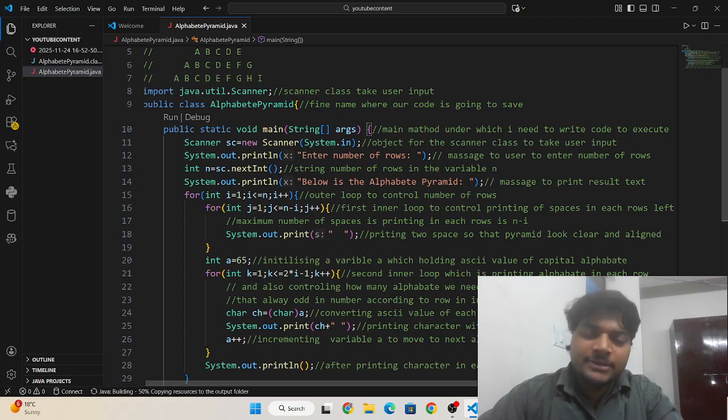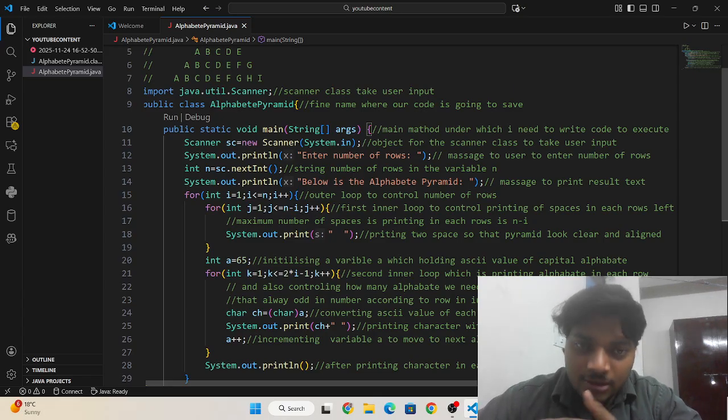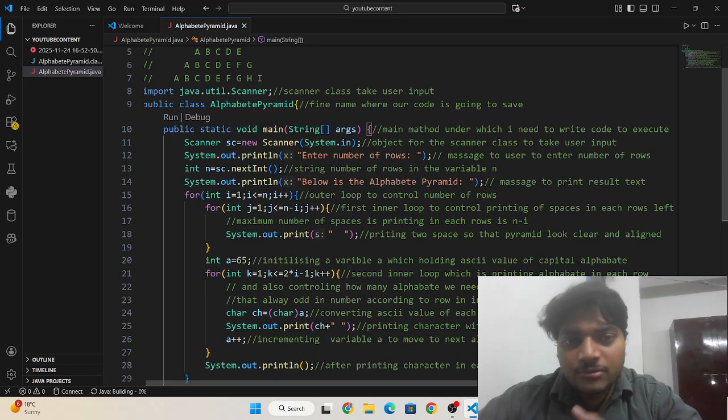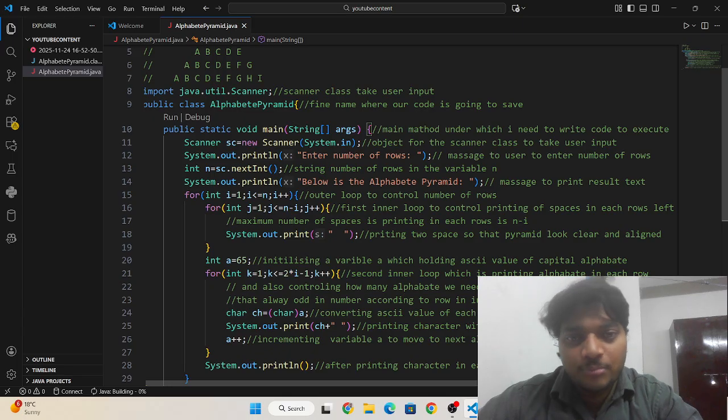And I have already executed this code. Okay, so what you need to do, you need to do dry run, so that your logic building will be strong, and you will be able to make logic for programs related to this topic.